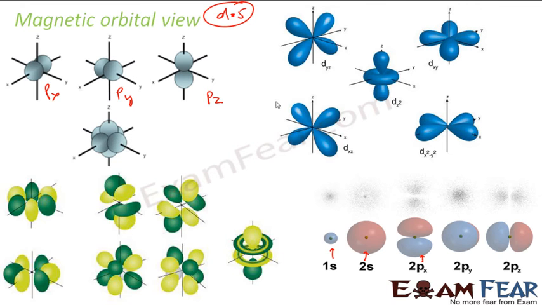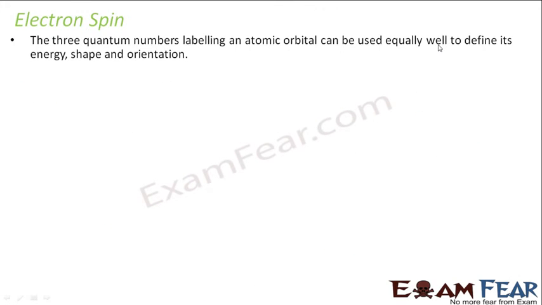There is something called electron spin also, as I told. Each and every orbital will have 2 electrons. Only 2. This is one orbital, and it will have 2 electrons somewhere, maybe both in the same area also. You don't know. Each will have 2 electrons, jumping around here and there. Since there are 2 electrons, each may have a different spin. In fact, both will have different spin, one clockwise, one counterclockwise, and that is denoted by